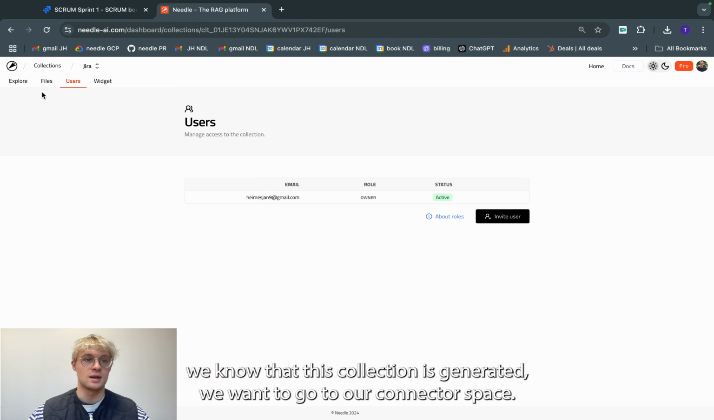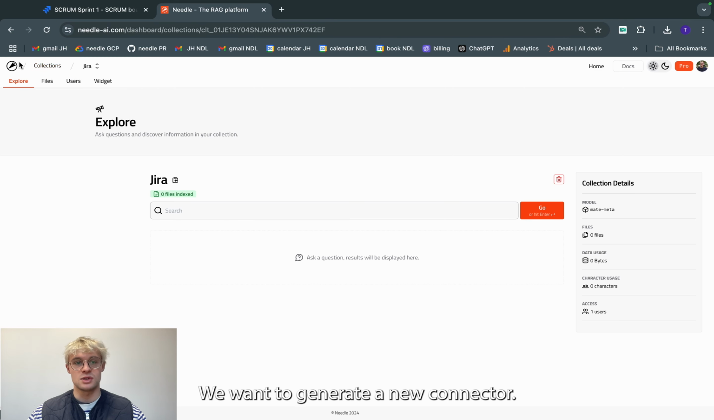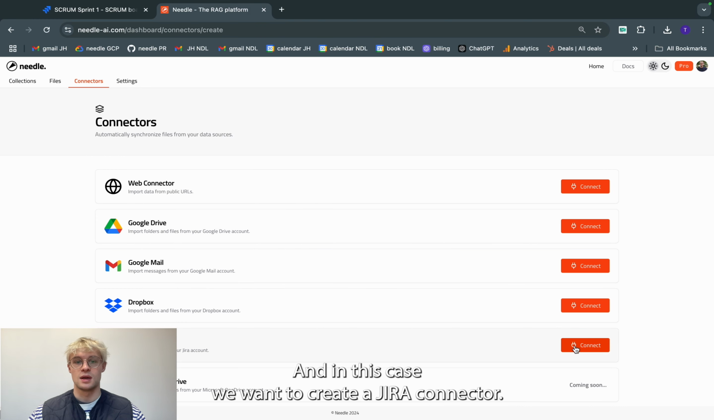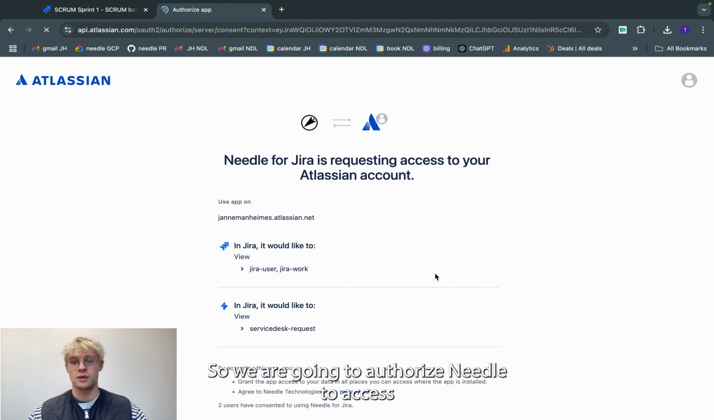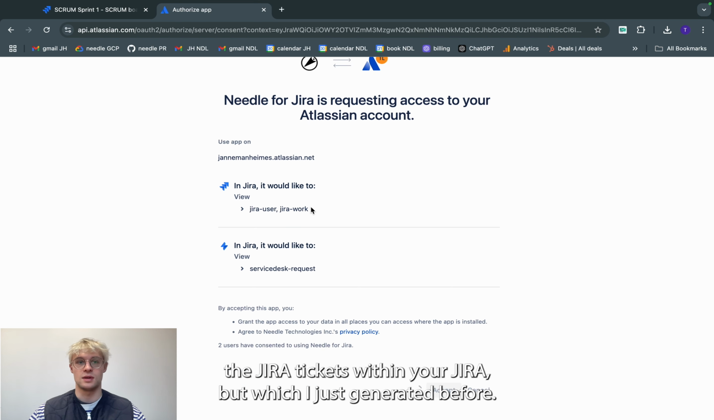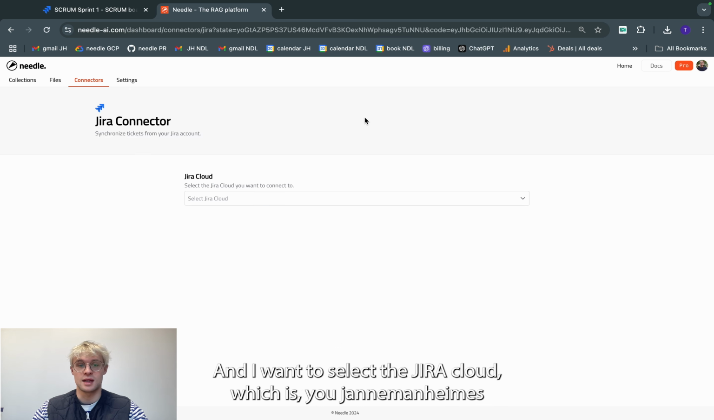So now we know that this collection Jira is generated. We want to go to our connector space. We want to generate a new connector, and in this case we want to create a Jira connector. So we are going to authorize Needle to access the Jira tickets within your Jira board, which I just generated before. Now you can see I'm within the connector setup page, and I want to select the Jira cloud,